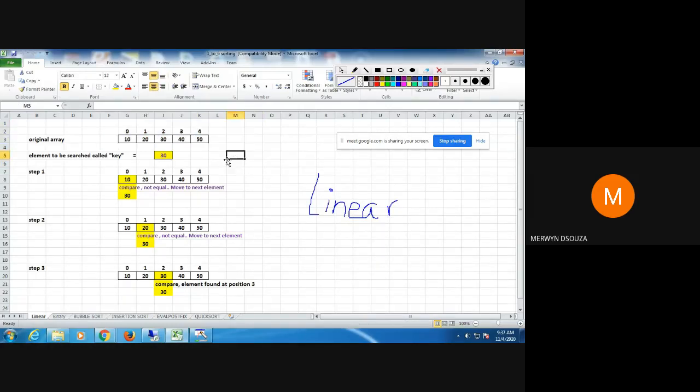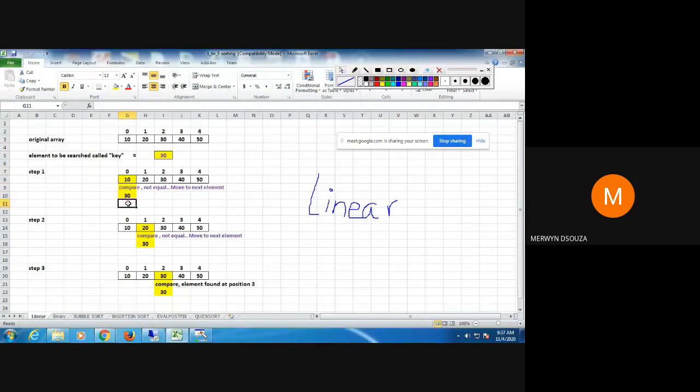So how does linear search work? In step 1, you start by comparing the 30 that you want to search with the first element of the array. Compare 30 with the first element. If after comparison both the values are equal, then you will say element 30 found at position 1.